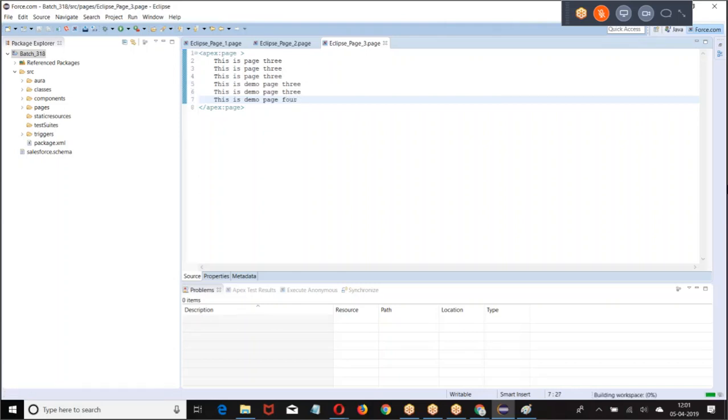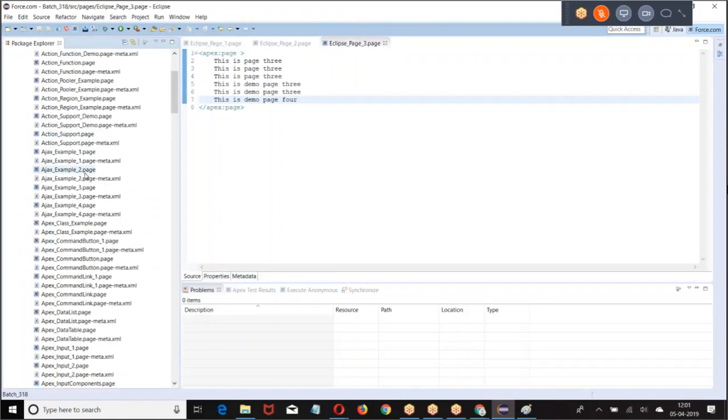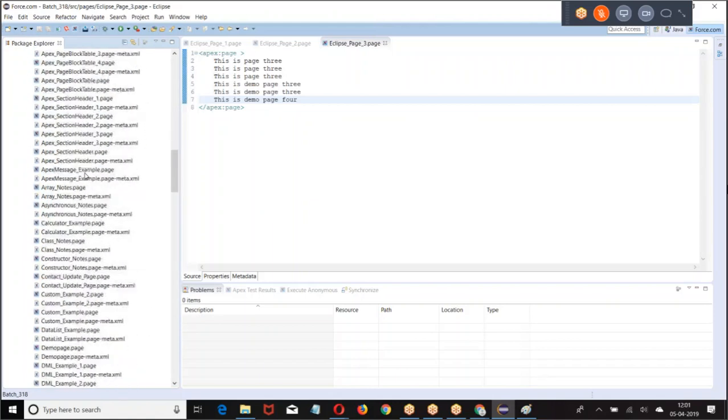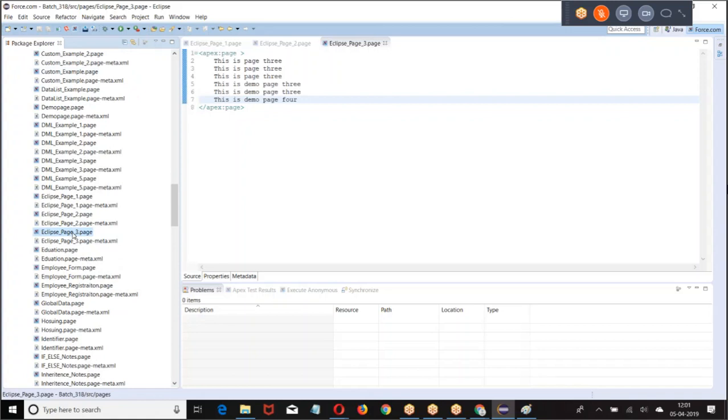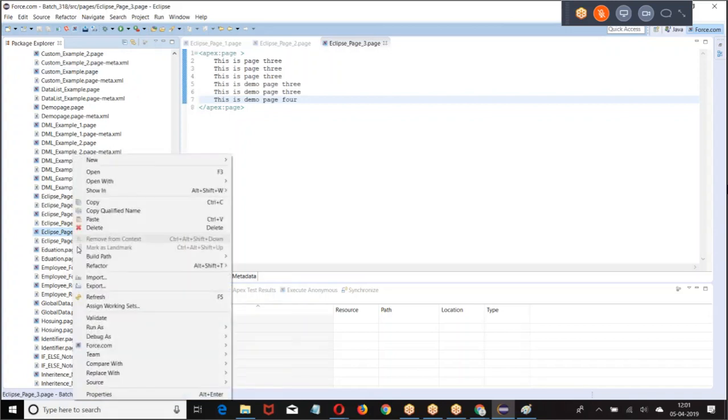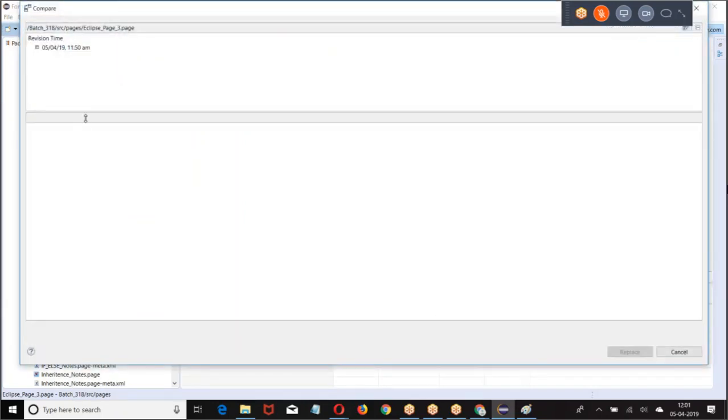This is a wiki. Now, when you saved this, go back to the pages, go to Eclipse, give a right click. Now here we are. Compare with or replace with local history. Replace with local history. Now, how many copies do we have? 10:50. The old copy is there.